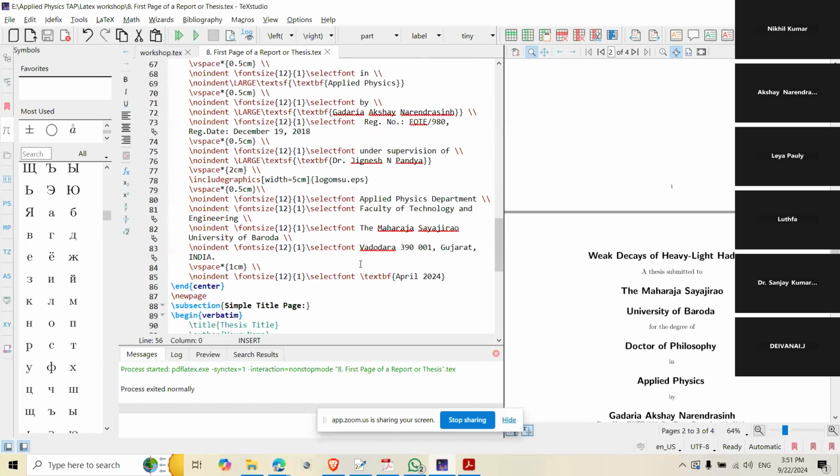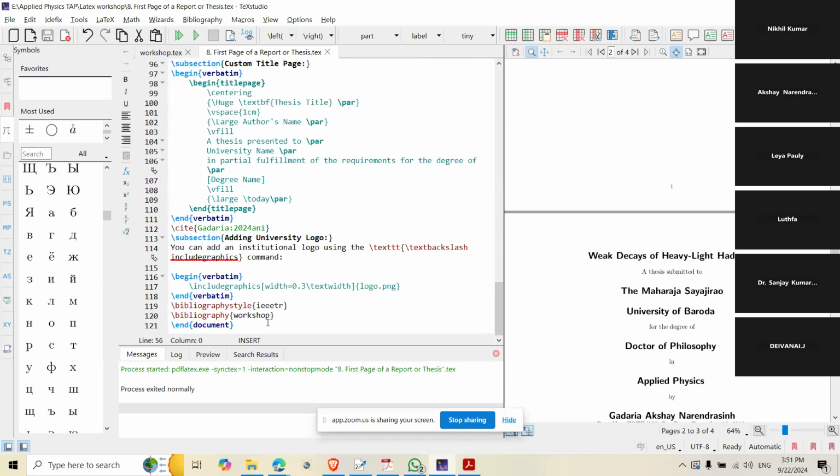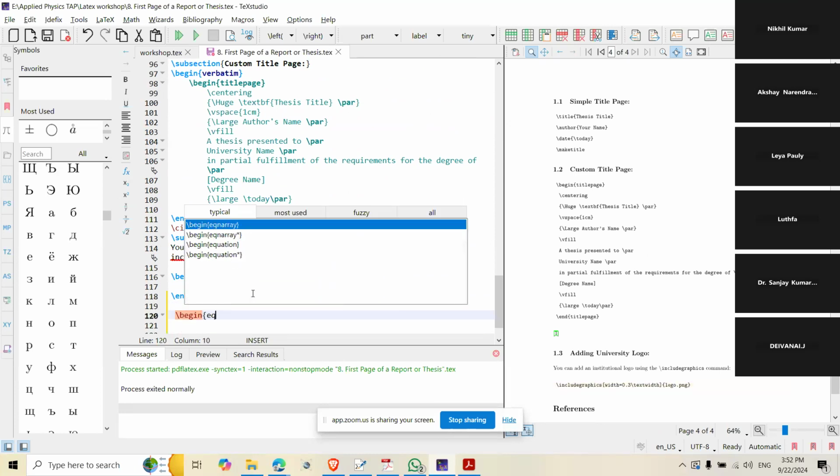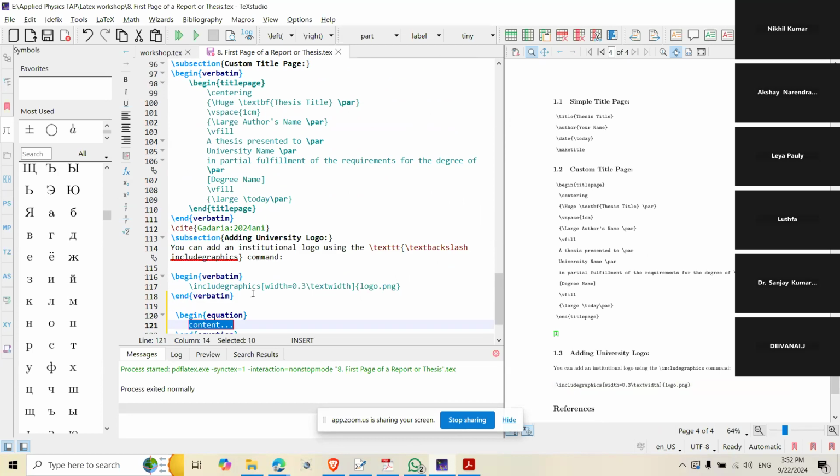So let me write down an equation here. So we'll use begin equation. All right, and then I'll write down the equation. All right, and then